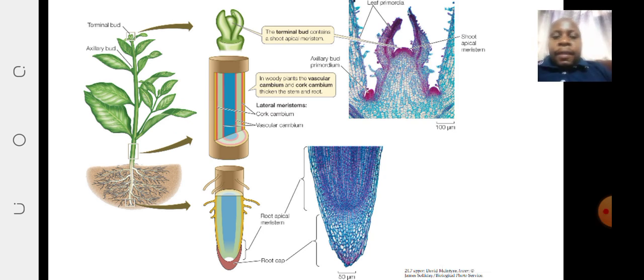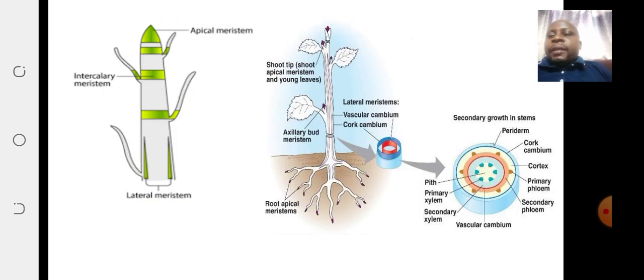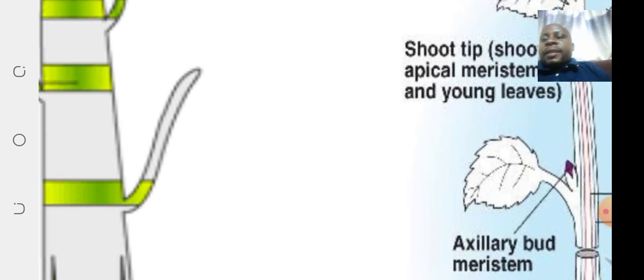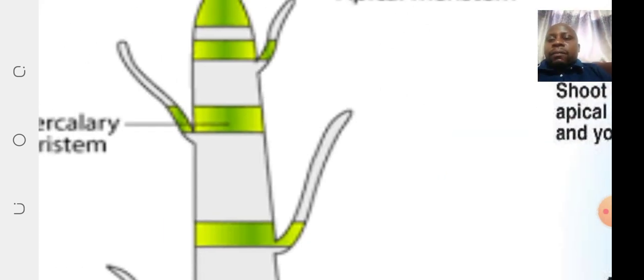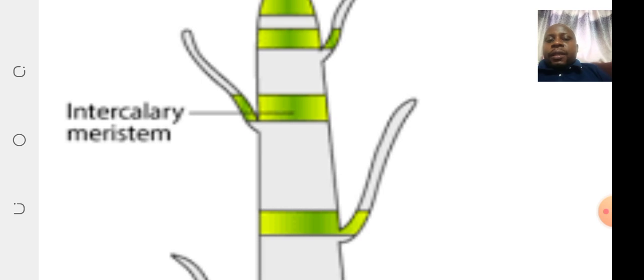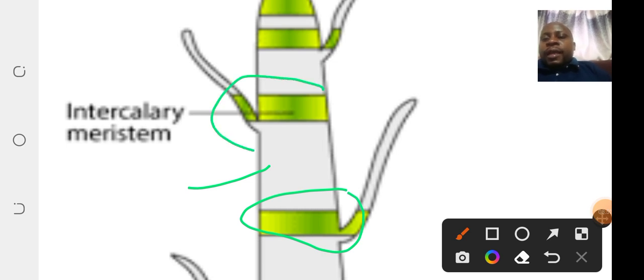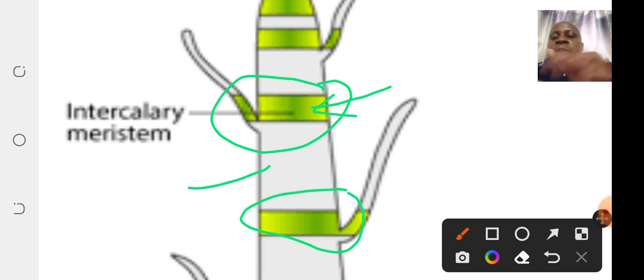Okay, let us have a look at the intercalary meristems. Intercalary meristems, on the other hand, are found at the bases of internodes. So this here is the internode, and at the base of the internode we have what we call the intercalary meristems. When the cells at the intercalary meristems divide by mitosis, it leads to an increase in the number of cells. This will lead to an increase in the internode, as seen in monocotyledons. Okay. Now,